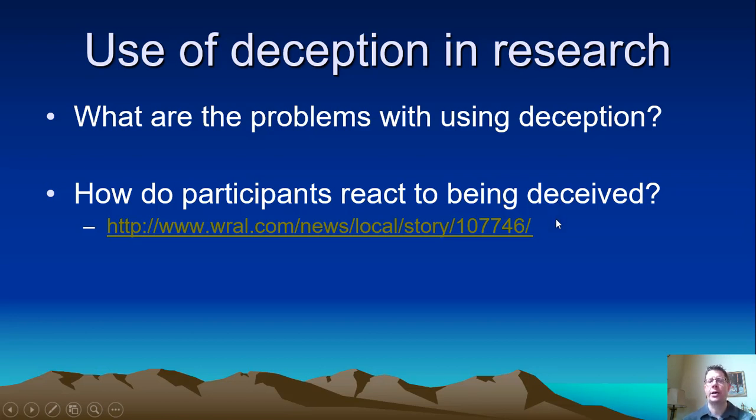One of the things that is kind of a pet peeve of mine is the assumption by some individuals that if research involves deception, it's automatically less moral or less ethical than research that doesn't involve deception. And I don't think that's necessarily true. Some of the most unethical research studies in social psychology really didn't involve deception at all.